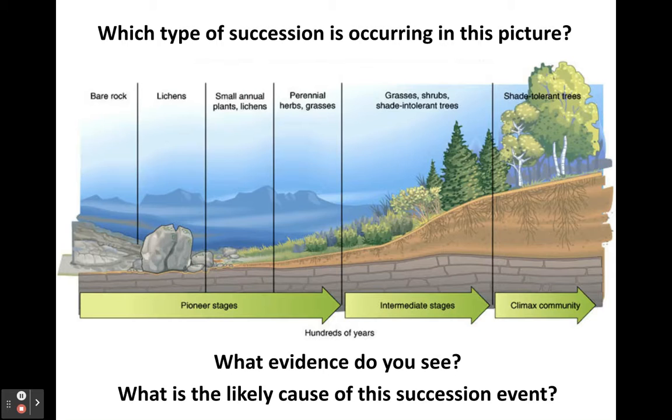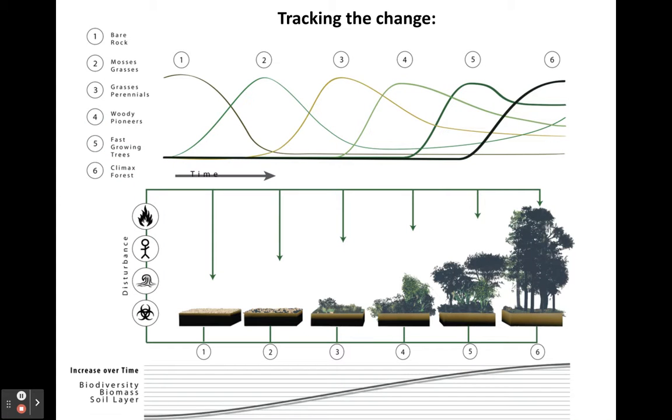Okay, another really nice graph showing ecological succession is shown here. I really like this graph, and I'm going to just try to quickly explain it for you guys. You see here the numbers represent descriptions of what the ecosystem would have been like. So you see bare rock here, and then you have mosses and grasses and so on, all the way up to the climax forest at number 6.